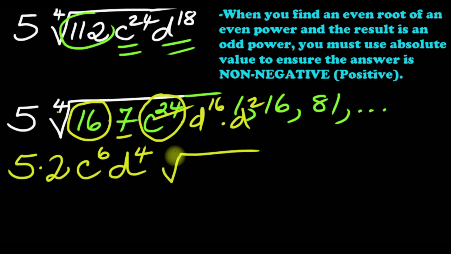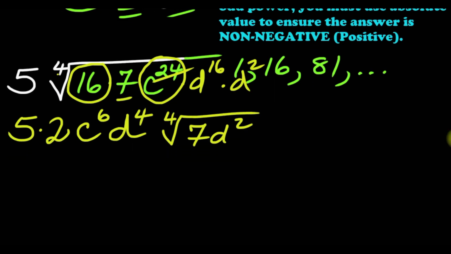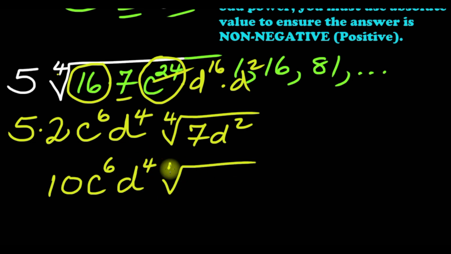Your radicand is going to be 7d squared. So your final answer here is going to be 10, since 5 times 2 is 10, c to the 6, d to the 4th, and then the 4th root of